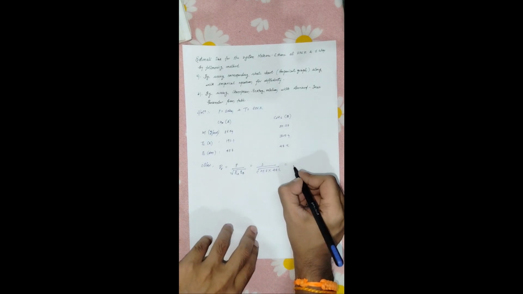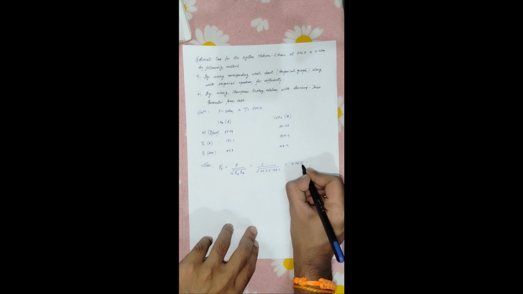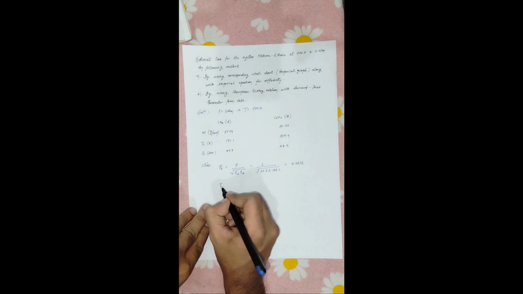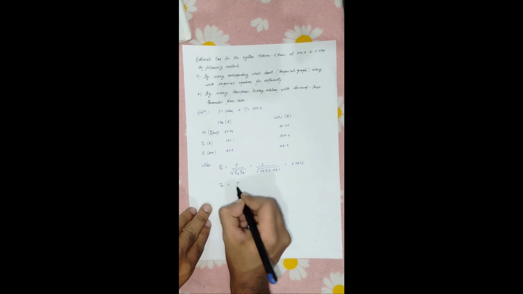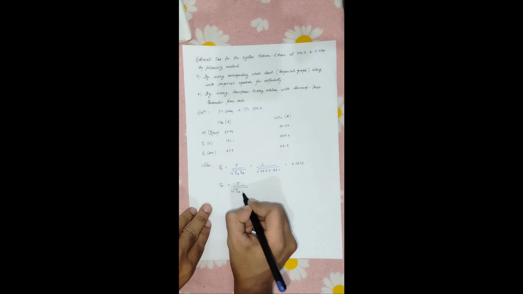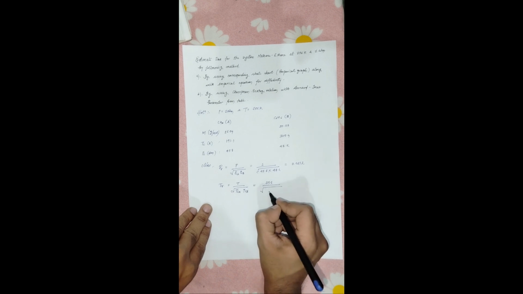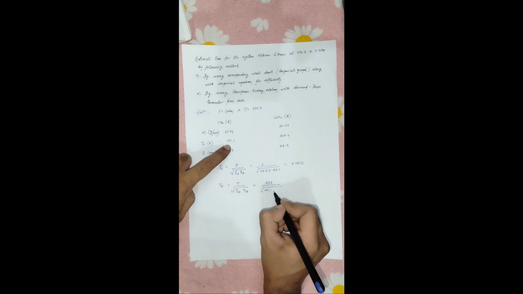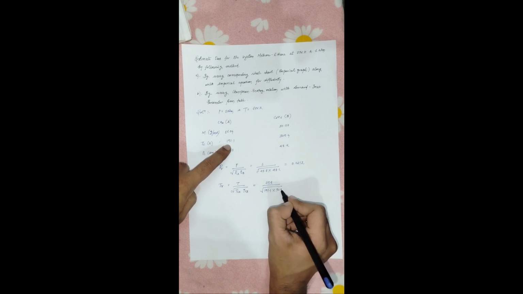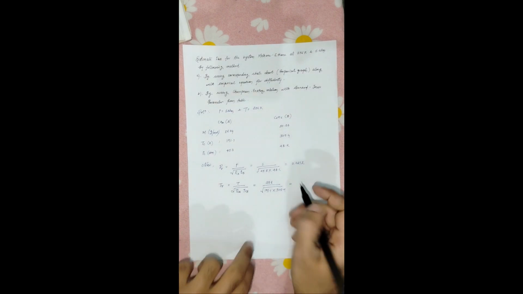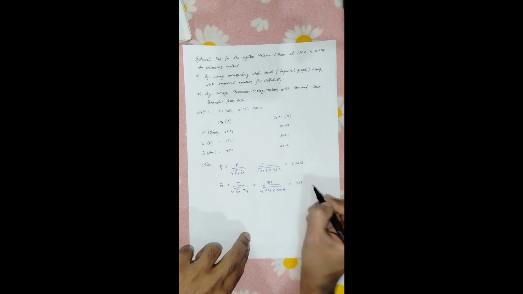So the value comes out to be 0.0212. Okay, so now similarly we'll calculate the reduced temperature. So T by under root TCA into TCB. T we have already given as 5756 Kelvin upon under root TCA. So TCA is 191.1 into TCB is 305.4, and after calculation we'll get this value as 3.13. Okay,